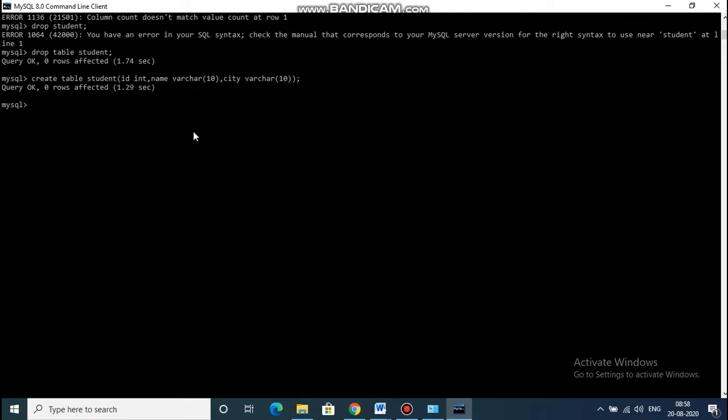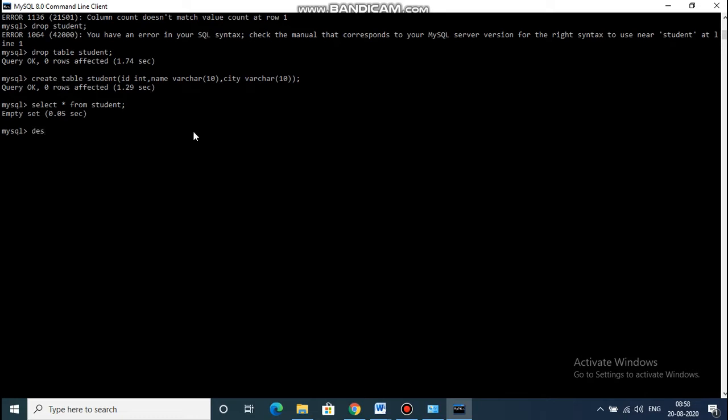The table is created. Now for a table there are two properties. First is the data of the table and second is the structure of the table. If you want to see the data, you can use select star from student, means select statement. Now I haven't inserted any data, so it is showing empty set.